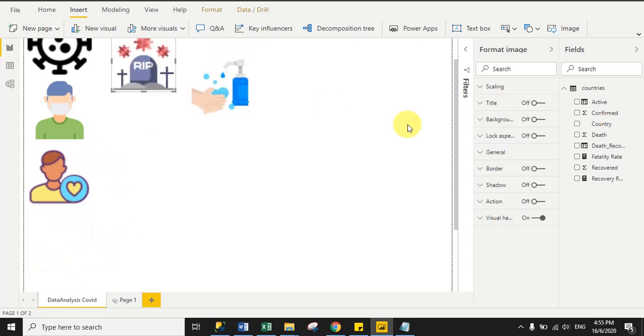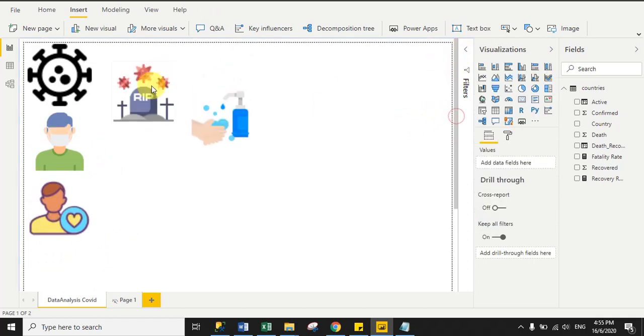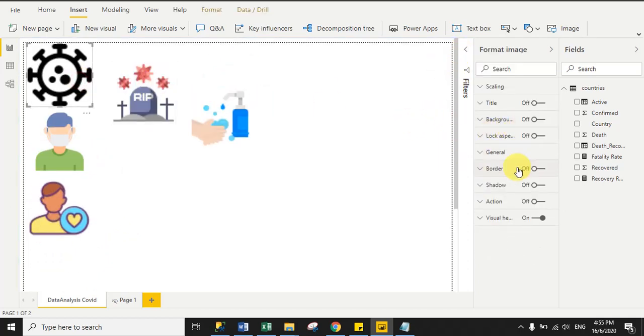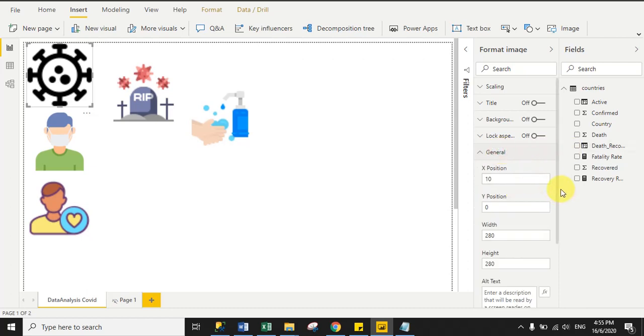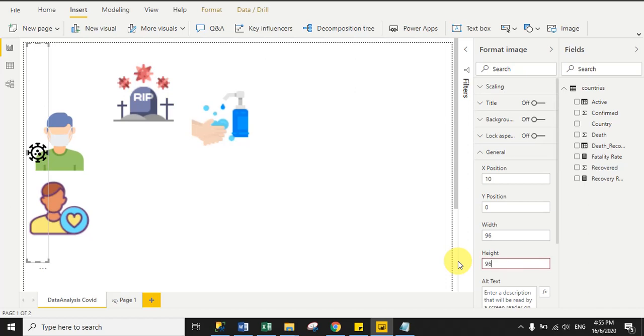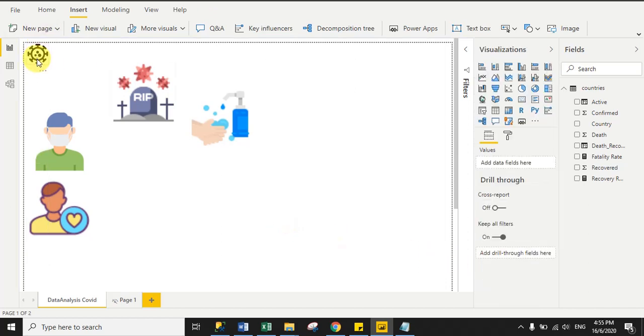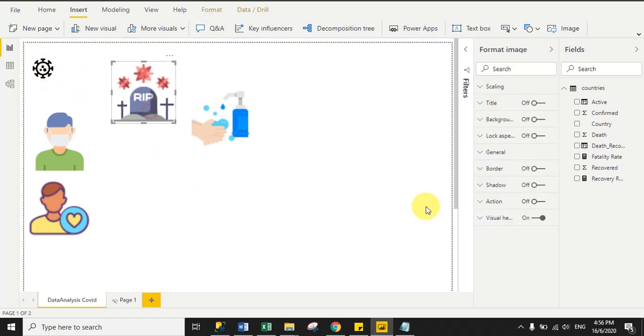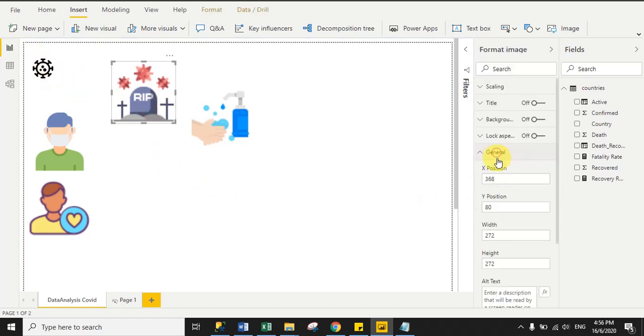Now resize the images. Select the image and go to the General tab, and you can see right now the image width is 280 pixels. So make it 96 width and height also 96, right? Fine. And now resize all images with the same width and height.